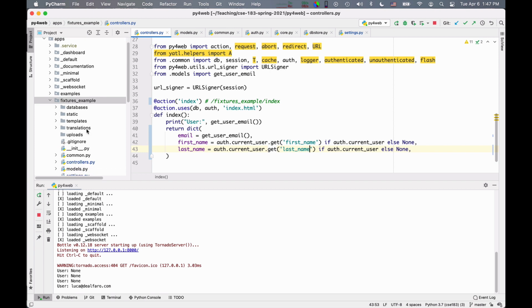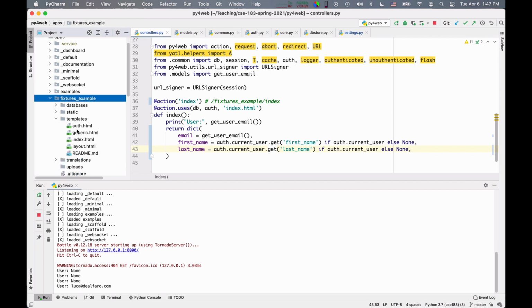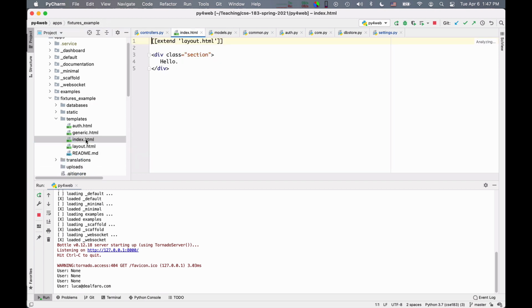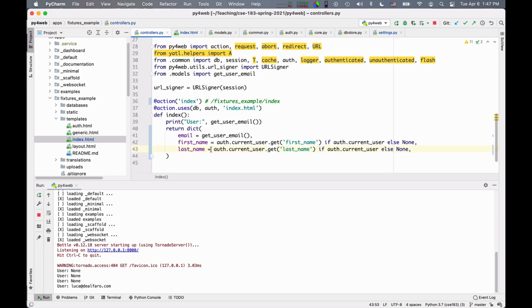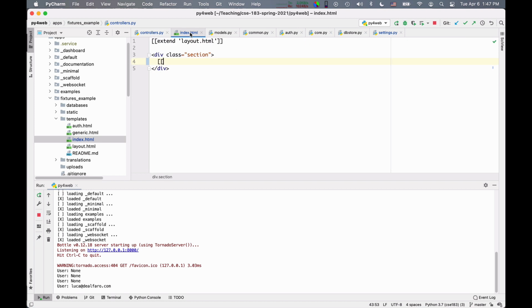Okay, so now I will have this information available for the template, and in the template I want to do something that is actually common. So here I go into my template. You see now it just says hello, but I wanted to have two cases. This is what is common. Okay, so how do I figure out if a person is logged in or not? Well, look at the information I give. This get user email will be either none or will be a user email, right? So I might as well use that simply.